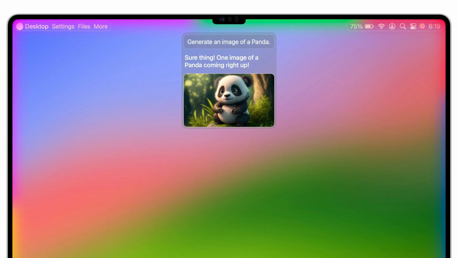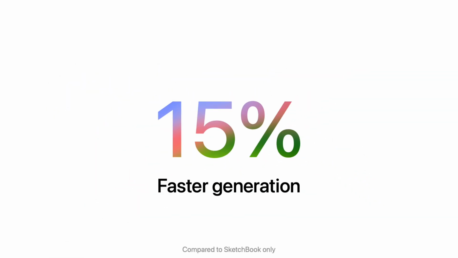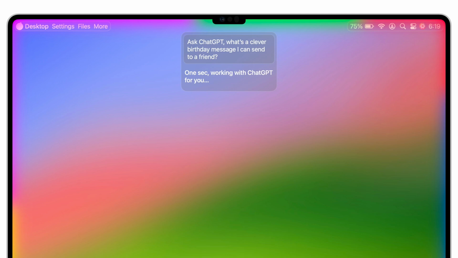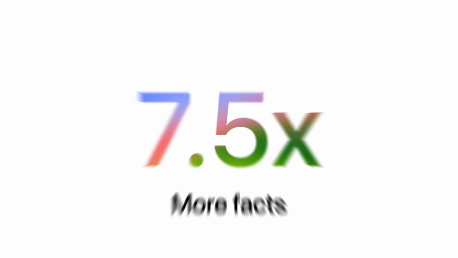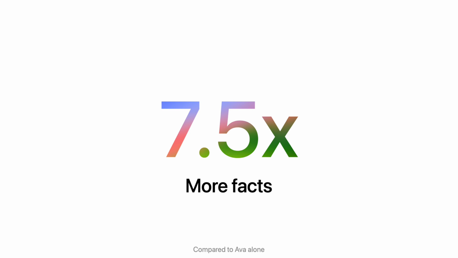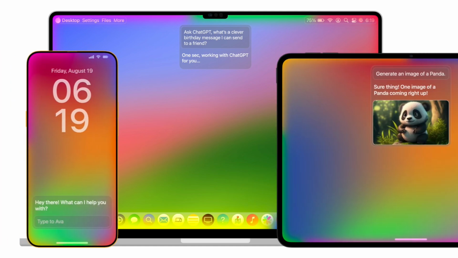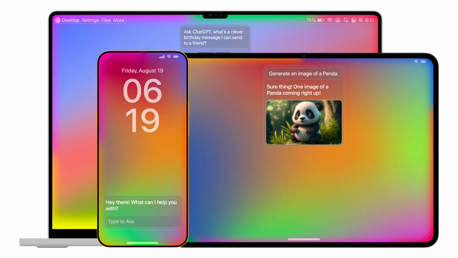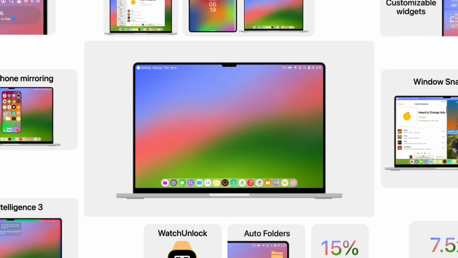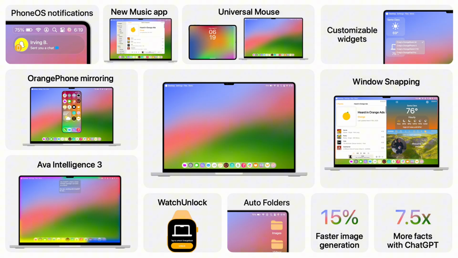We're also now directly integrating Sketchbook into Ava, which makes it nearly 15% faster than just doing it in the app. And, we're adding integration with ChatGPT, which gives Ava over 7.5 times more facts than Ava Intelligence 2. And, these new features are available on all of our new releases, including PhoneOS and PadOS 2. And that's OrangeOS 11, a big release with Universal Mouse, Ava Intelligence 3, Orange Phone Mirroring, Auto Folders, Window Snap,